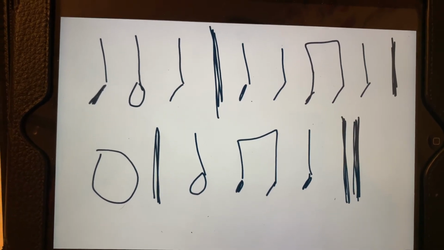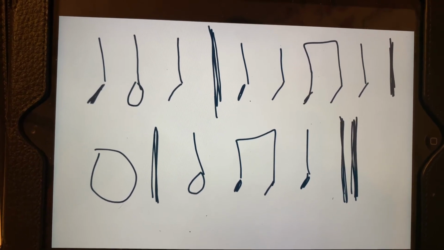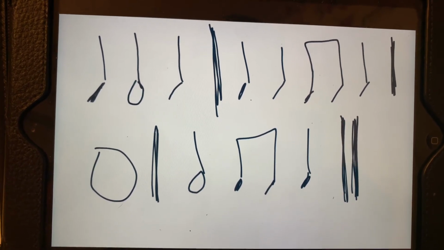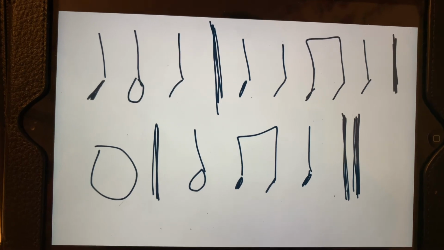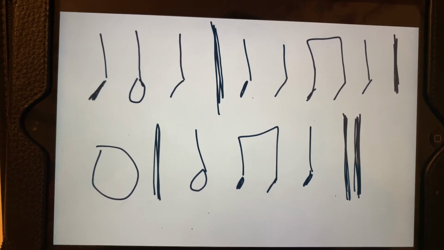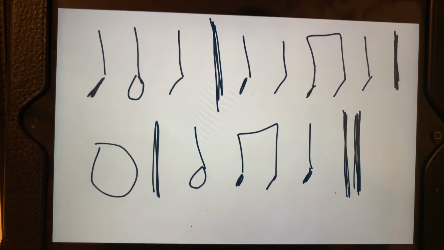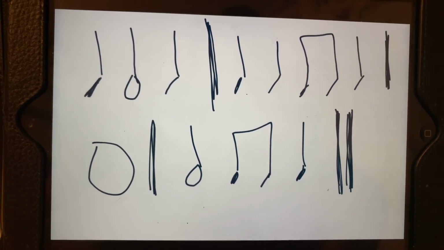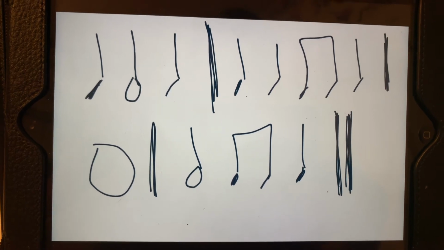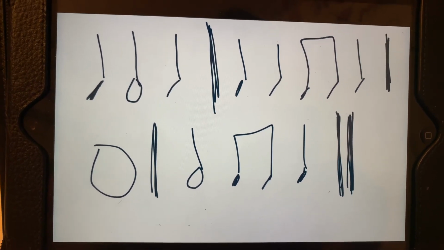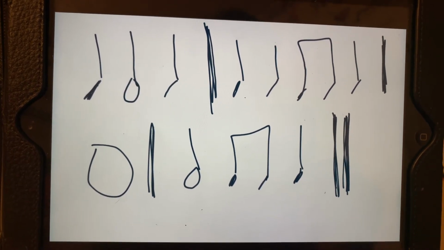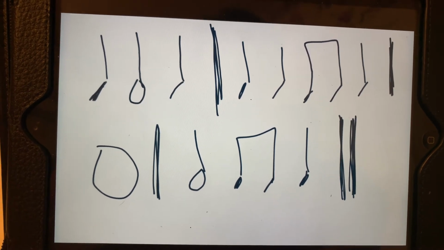I can change my grouping if I want. For now, I kept it in 4, but maybe I want to do 3. If I did 3, that makes my moo a little bit smaller. But we'll talk about that some other time. So we have groups of 4. We've got different patterns in there. If I want to change my words, maybe I could come up with some different animals. So this is just an idea to see how counts work and what the notes mean when you're putting together